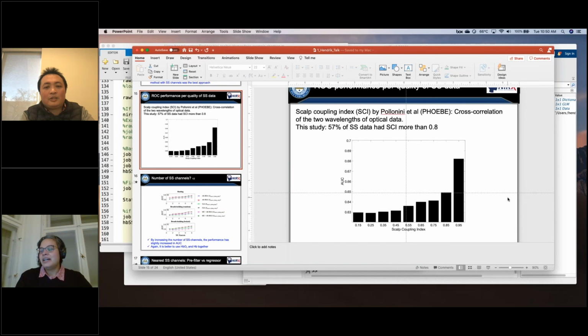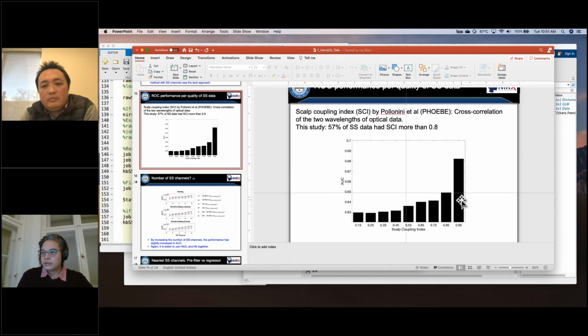Thank you. And for the short separation, we cannot adjust it again, right, because it's already there. After we put on the cap, we cannot do anything. But from our experience, more than 50% of the data is above 0.8 for the SCI. It's okay. Very good.